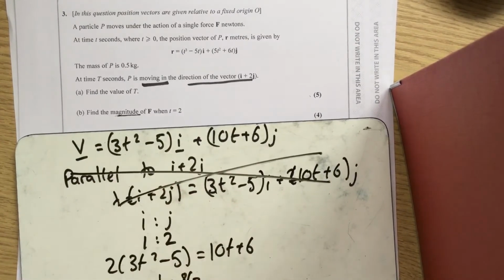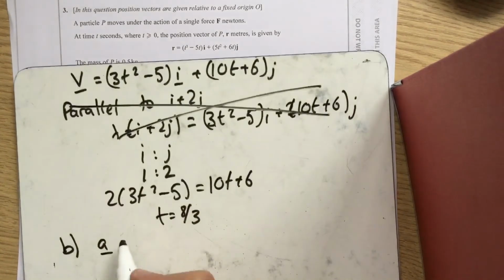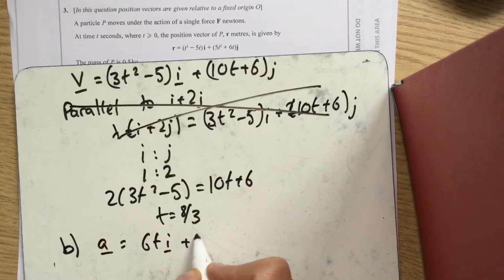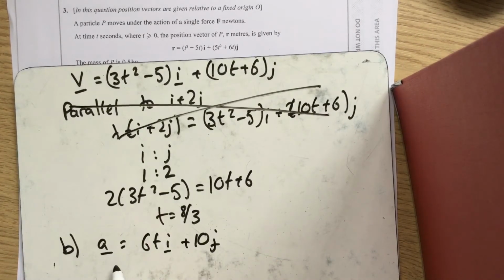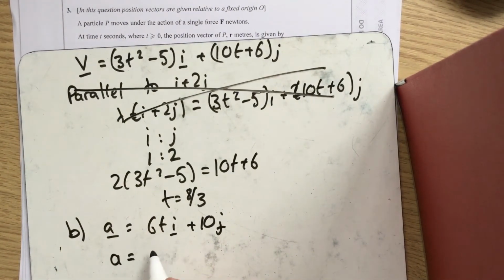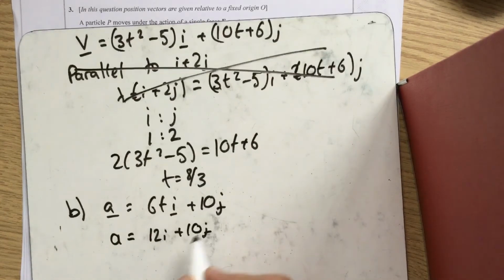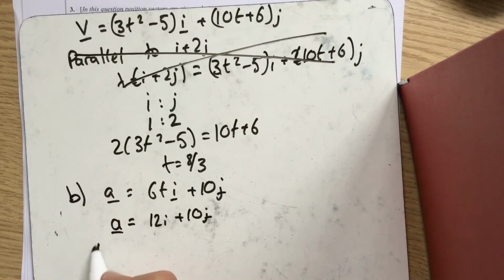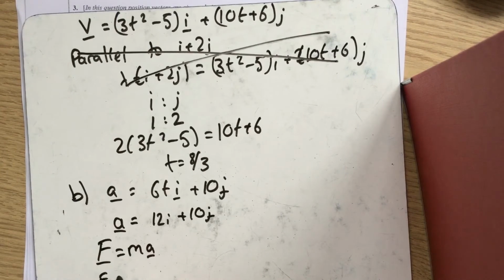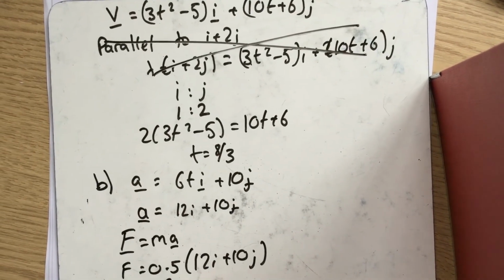I think lots of us missed the word magnitude. So correctly, we realised that to find our acceleration, we just need to differentiate again. So that's going to be 6ti plus 10j. And then we've got t equals 2. So my acceleration is going to become 12i plus 10j. And then the formula we need to remember to link the force is F equals ma. My mass is 0.5, so my force is 0.5 lots of 12i plus 10j, which is 6i